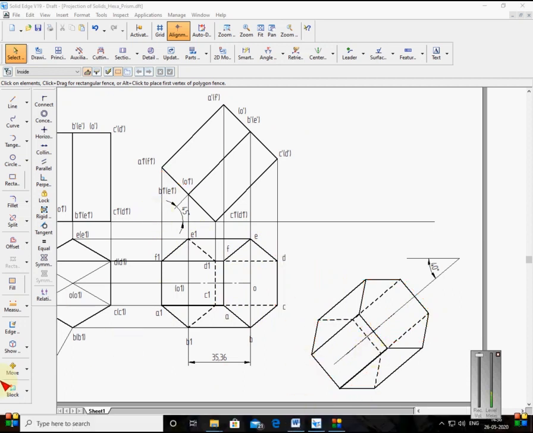Now I'll transfer the naming. I'll use the move command to avoid repeated typing. Use the copy option here. A, where is A here? A is here. Where is B here? This B is here. So where is C? C is here. This C I'll transfer. D I'll transfer. This E I'll transfer. This F I'll transfer. Correct? And this A1 I transfer. This A1 is here, so you can see this A1 is coming here. So this B1 I transfer. C1 I transfer. This C1 is here. D1 is here. And E1 is here. And it is F1.